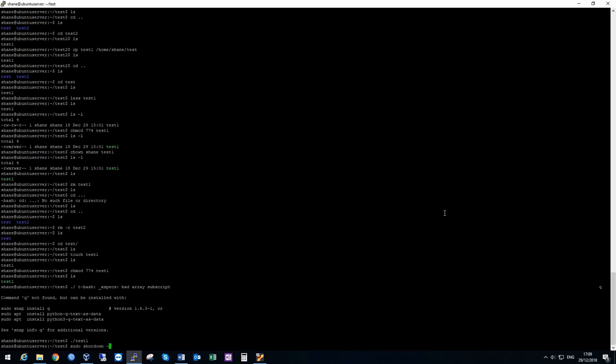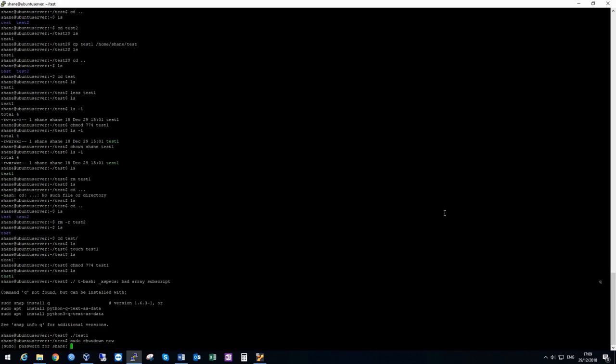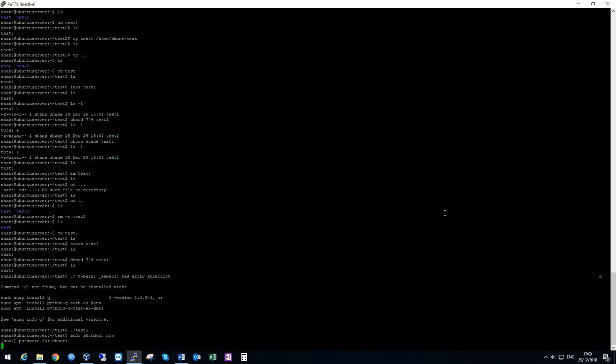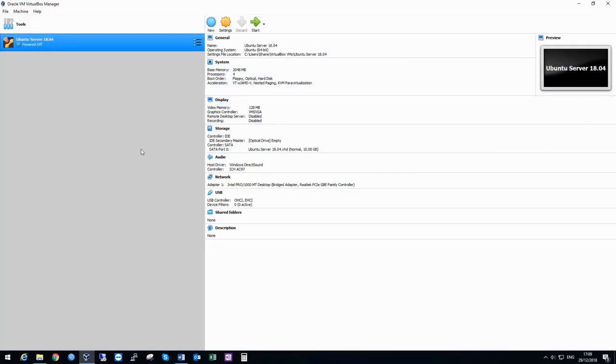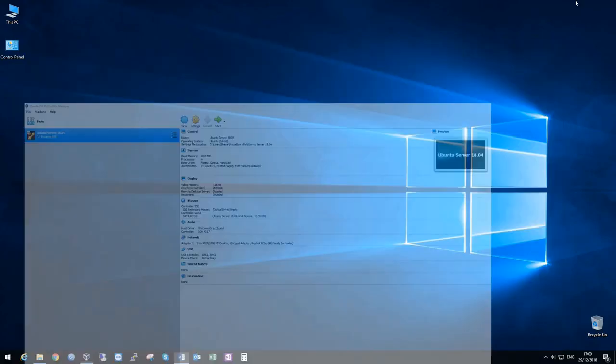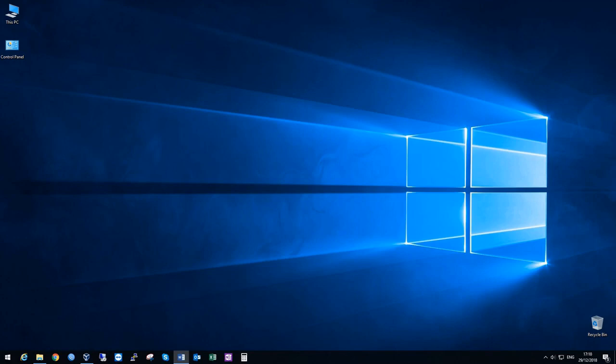If you want to shut down immediately and you're 100% sure, you can type sudo shutdown now, and that'll shut down the server immediately. So if we hit that, it'll ask for the password, I'll enter the password, and I'll be disconnected immediately. And if we check the virtual machine, it's been powered off. And that's it. That is the top 15 commands that I feel that you need to know to start your basic Linux navigation and basic administration. There's obviously a ton more commands,